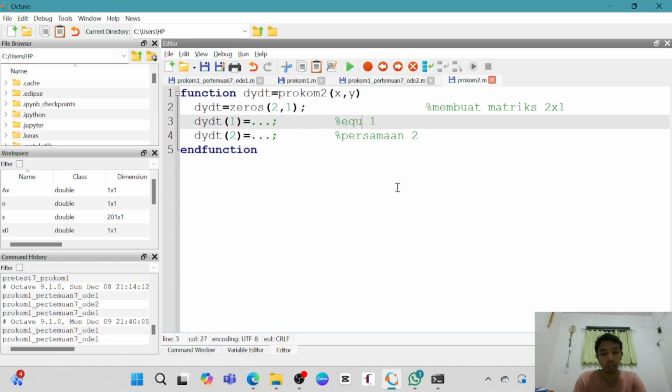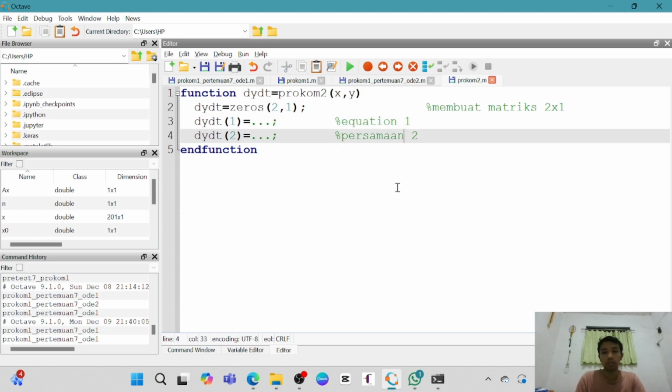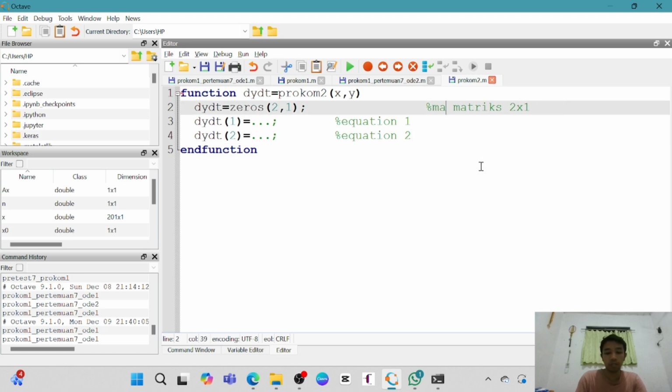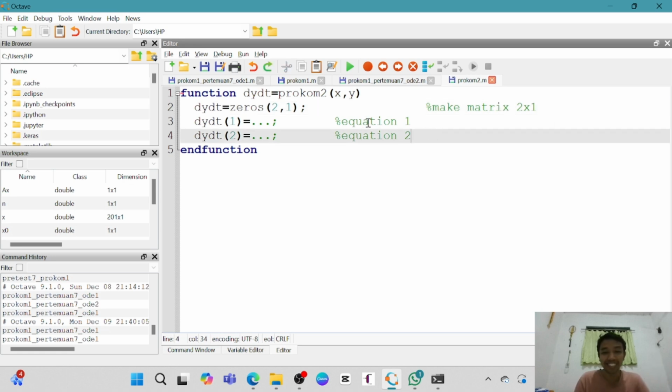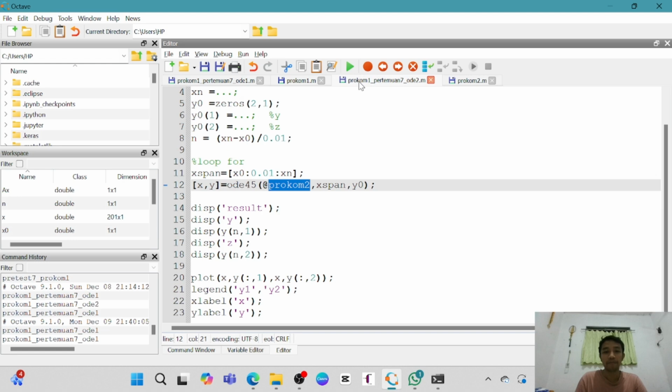The matrix, or matrices, up to you. Okay, like this. Okay, that's for problem 2.